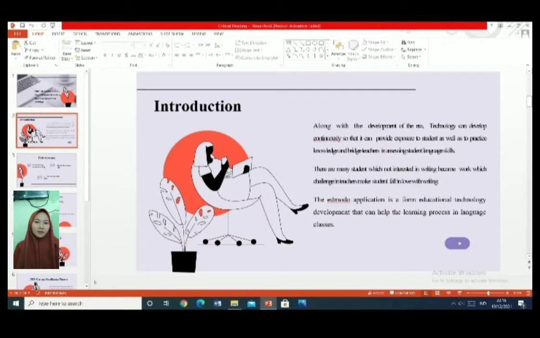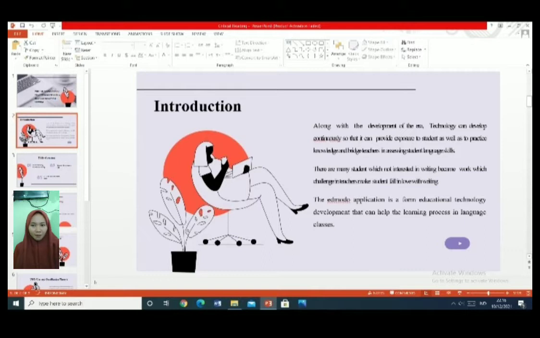Okay, the first, introduction. Along with the development of the era, technology continues to develop so that it can provide exposure to students as well as practice knowledge and help teachers in assessing student language skills. There are many students who are not interested in writing, which is a challenge for teachers: how to make students fall in love with writing. The Edmodo application is a form of educational technology development that can help the learning process in